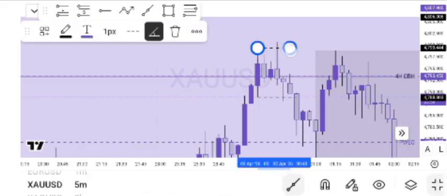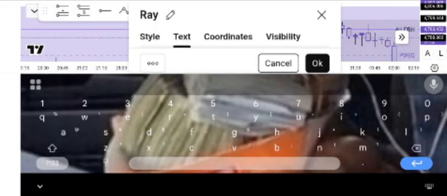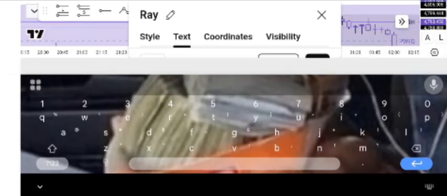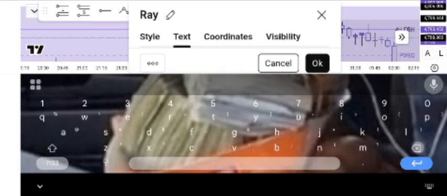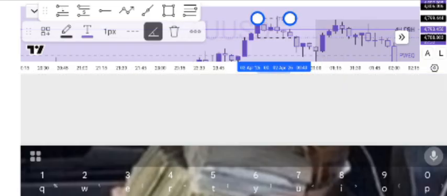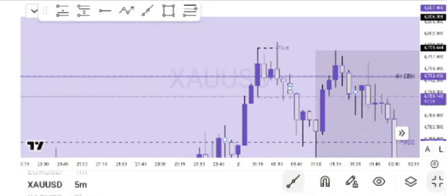This right here is just a turtle soup. A turtle soup in trading, you can go search that up. Turtle soup in trading just simply means a fake out move. You understand? Turtle soup is simply a fake out move. Okay, TS, that's what I need. Turtle soup is a fake out move